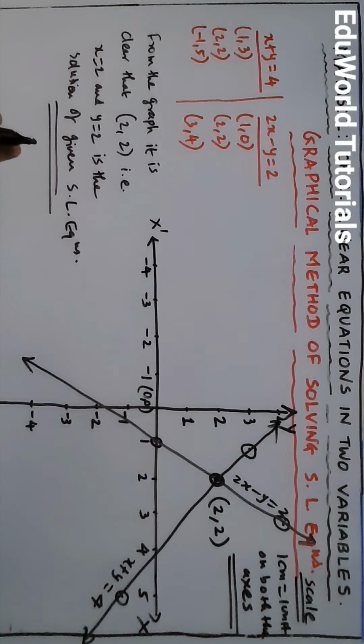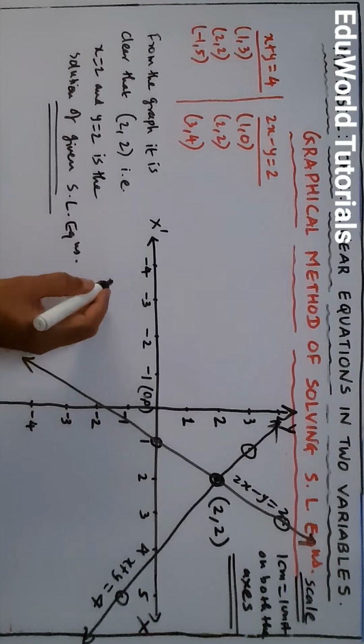Now, children, the next exercise, practice set 1.2, is entirely based on the graphical method of solving equations. There are 2 questions given. In the first question, you have to complete the table, and in the second question, you have to solve 6 simultaneous linear equations on graph. I hope you will be doing this practice set 1.2 entirely at home.